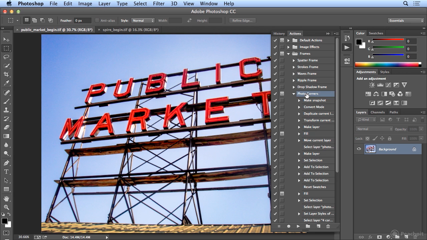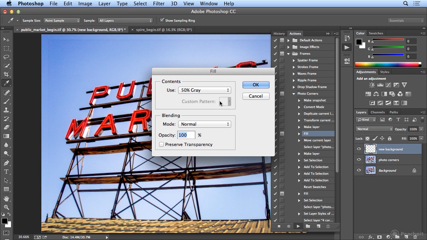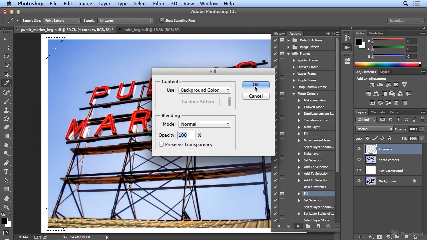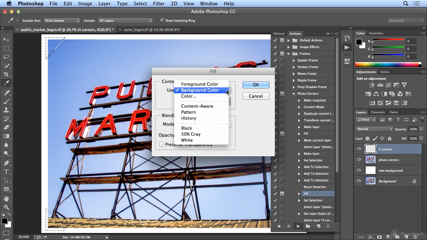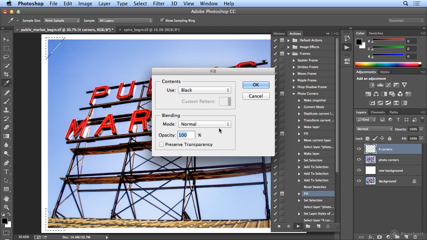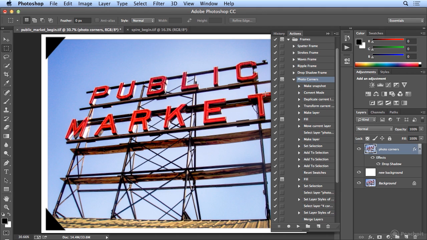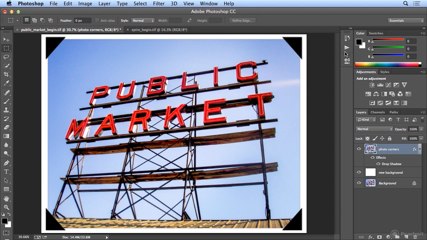So now I'll click on Photo Corners again and hit play one more time. So instead of using gray, let's use white and click OK. And instead of using the background color, let's use black for the corners and click OK. And I really like that look to this photo. In fact, you could do a little bit more of a special effect by lightening the opacity and leaving some of the original image in the background. But let's revert to saved